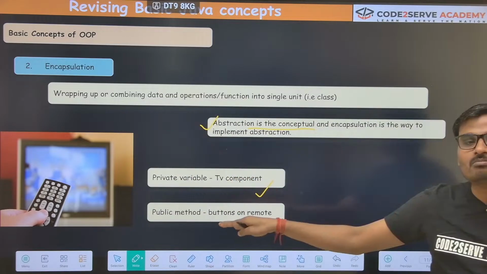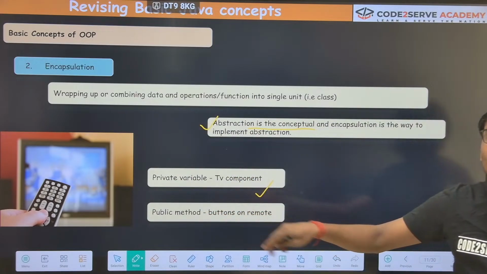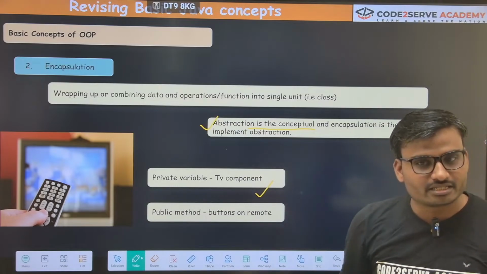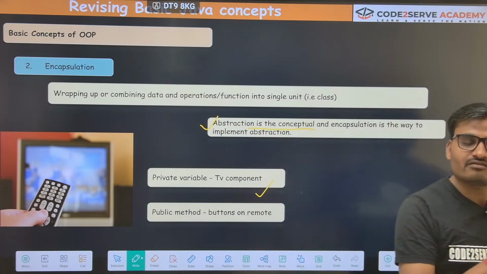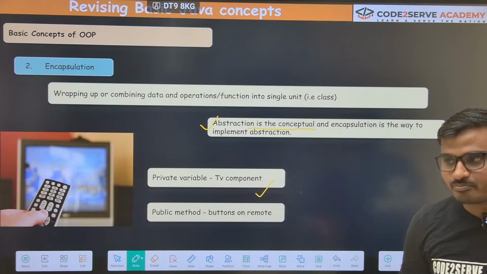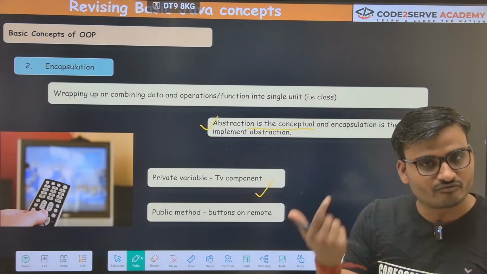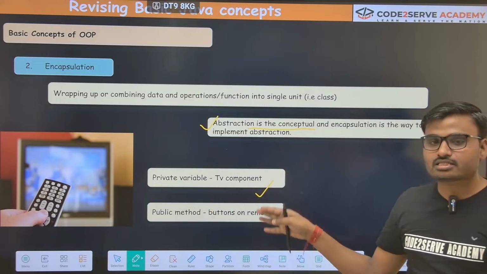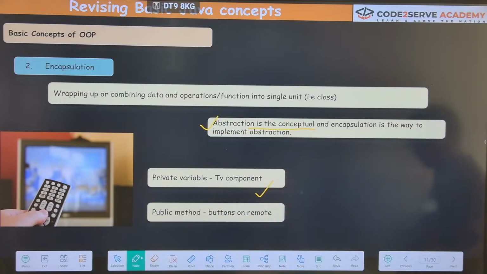And what does a public variable mean? A public variable is one anyone can use, like this classroom, anyone can come and sit in the classroom. Or public transport, anyone can use it. And for the private one, your car, your phone, no one can use it apart from you. So these are all concepts that we are going to cover in the upcoming lectures.